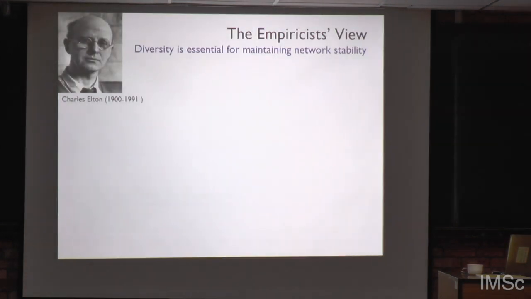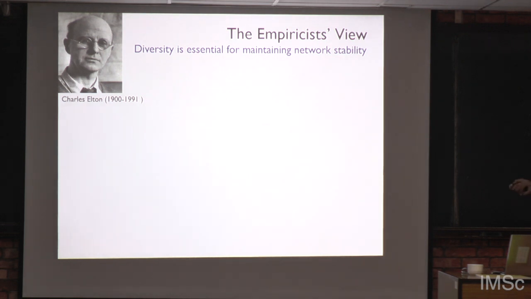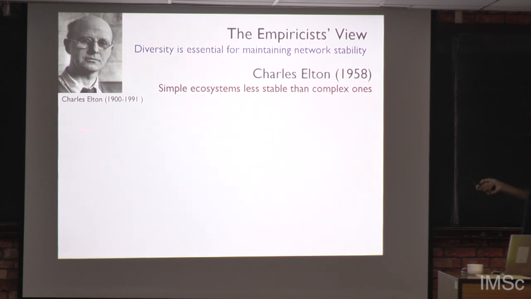Okay. So what is the field ecologist view? The bulk of the field studies seem to suggest that diversity, that is, the larger the network, the more diverse it is, is essential for maintaining network stability. Okay. And this is essentially based upon